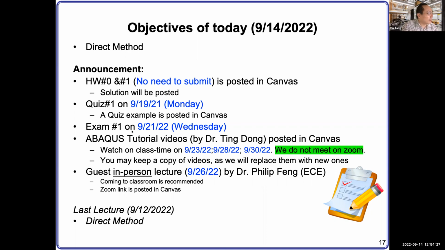We also will have our midterm exam number 1 on Wednesday. This exam will be 2 or 3 major problems, and it will cover all the materials we discussed so far. As long as you follow up in the class and do the exercises and practice, then it should be okay. Don't worry about the exam. Use this opportunity to find out whether you have any concepts still not thoroughly understood.